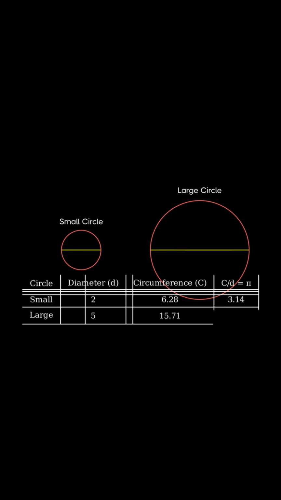Look at our results. For the small circle, when we divide the circumference 6.28 by the diameter 2, we get 3.14. For the large circle, dividing 15.71 by 5 also gives us 3.14. This is pi. The ratio is exactly the same for both circles, despite their different sizes. This remarkable consistency demonstrates why pi is a mathematical constant. No matter how large or small the circle,